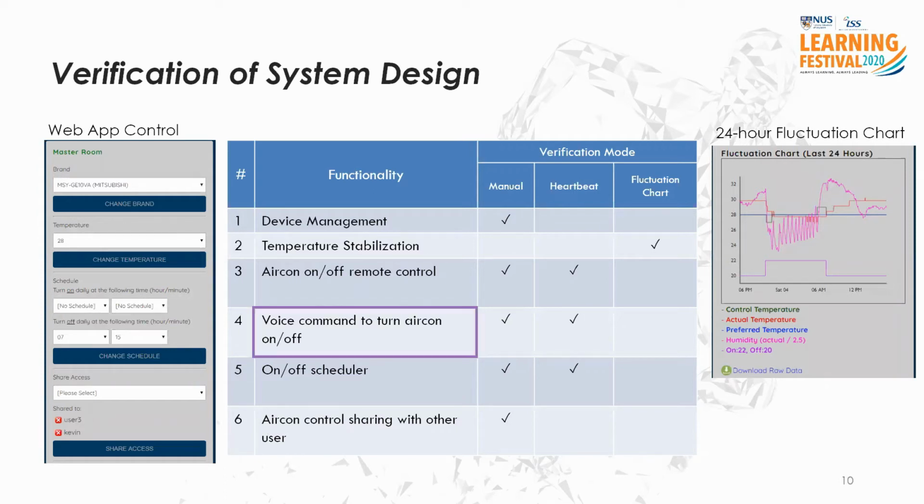One of the problems we face during verification is the voice control. At first, we use Google's speech recognition service, but the success rate is too low, so we decided to use Graph Speech Recognizer instead. We will demo later.